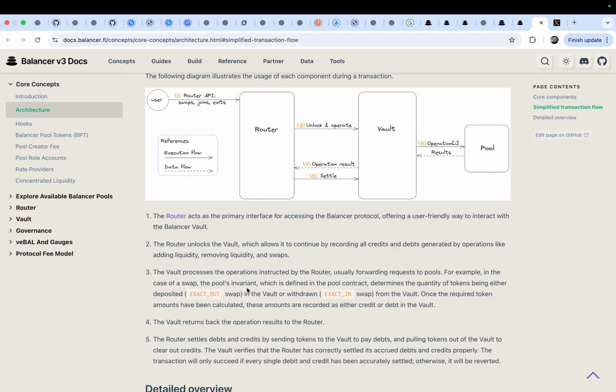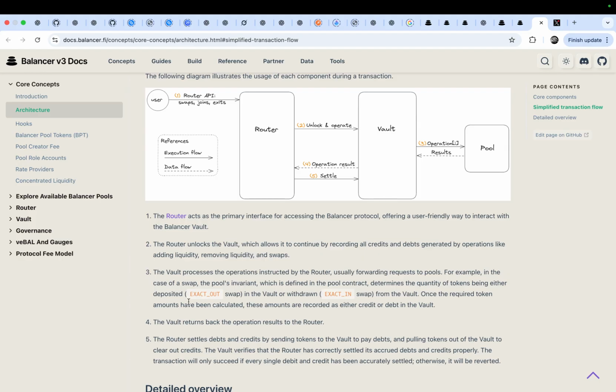The pool's environment, which is defined in the pool contract, determines the quantity of tokens being either deposited in the vault or withdrawn from the vault. If I deposit some tokens, the token will be out from the vault into the pool.